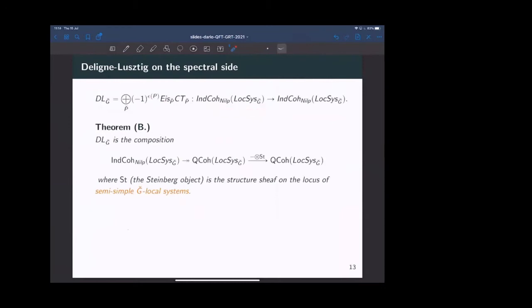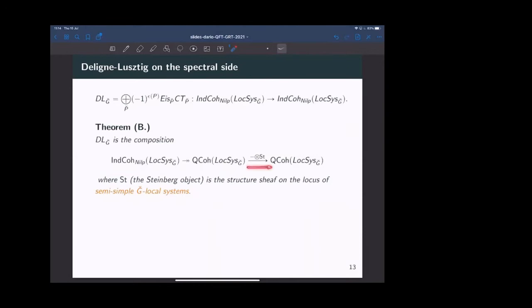And this functor is very far from being an equivalence if you look at it. This is a theorem of mine from 2019, a description of this functor. First of all, it's of interest for us, because the first step of this functor is just to kill everything with singular support away from the zero section. It just projects down to the spectral analog of the tempered part. So it just kills everything non-tempered. And then it does some more killing.